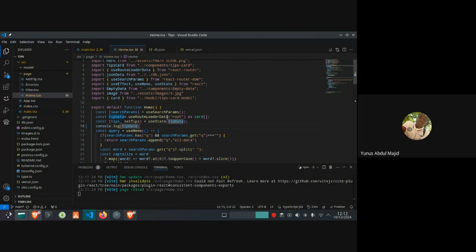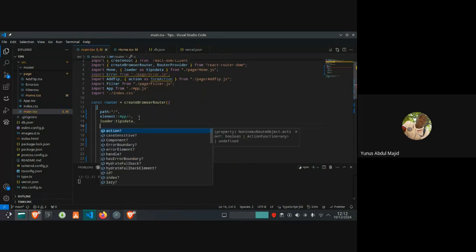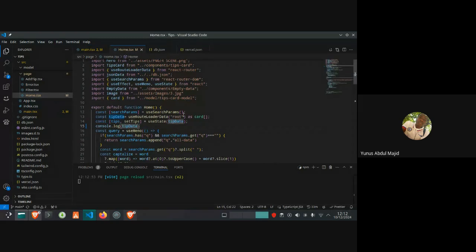Basically, what this route does is that it's been fetched. This useRouteLoaderData will map through all the routes and check for anyone with an ID called root. But we didn't specify anyone with root here. So we should set the ID to a string, root. So basically that's what this root stands for.